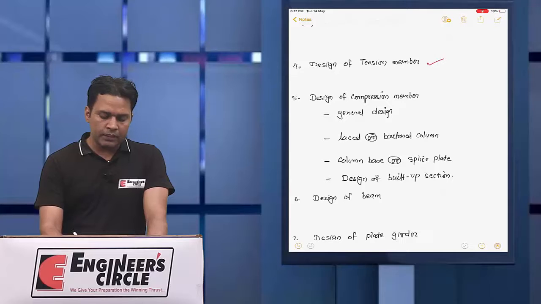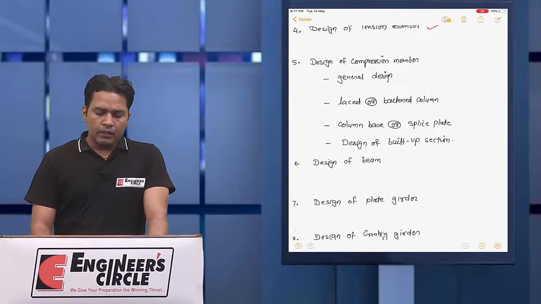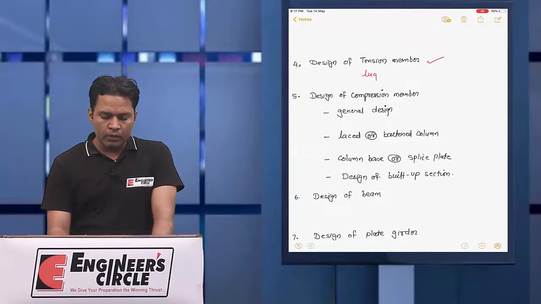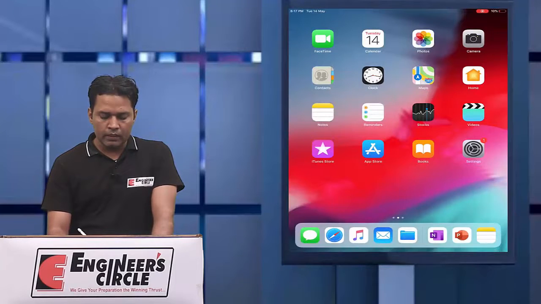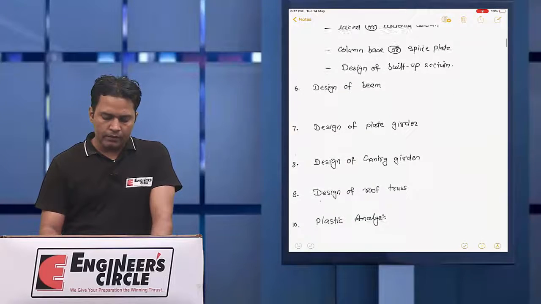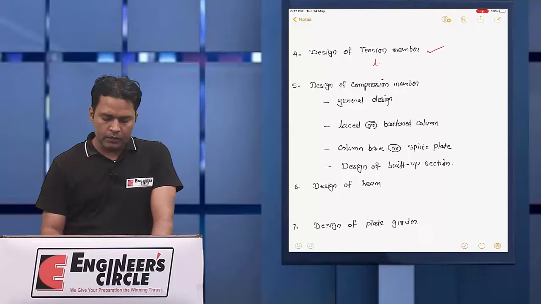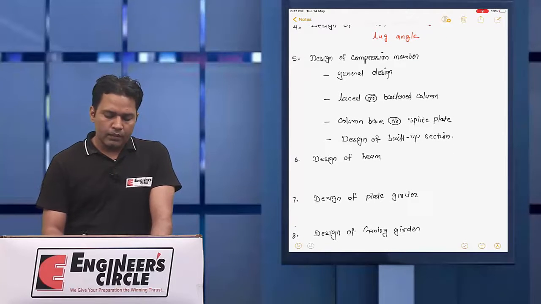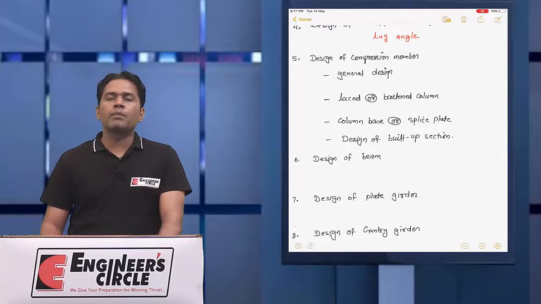So first we will see the design of the tension member. In the tension member we will also cover the lug angle. Then we will move on to the design of the compression member.